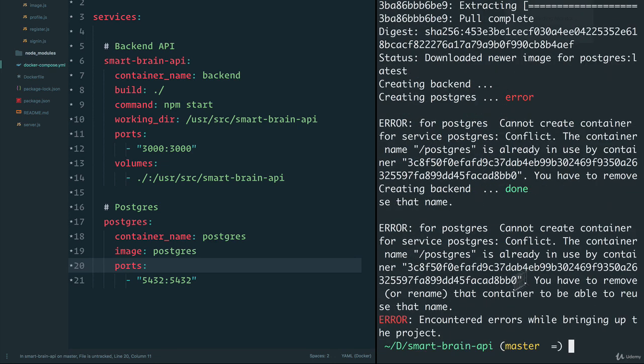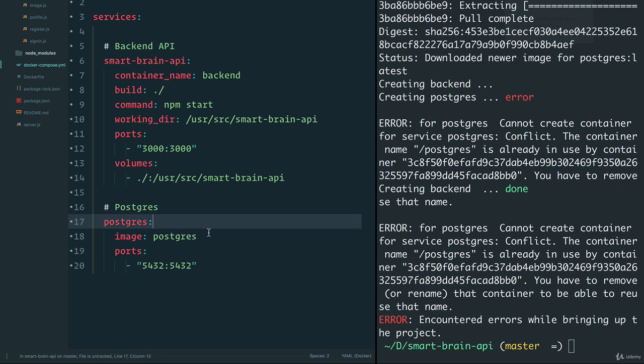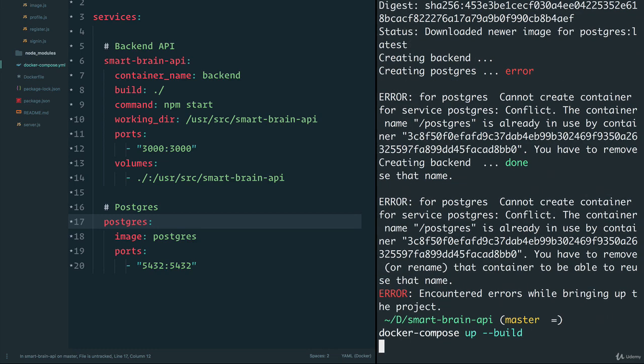Now, the error here, if you read it, it says that we cannot create a container service conflict. The container name Postgres is already in use. And this is something that you want to be careful of whenever you're using images. In our case, this image already has the container name set, so we actually don't need this. If I save this and run this again,